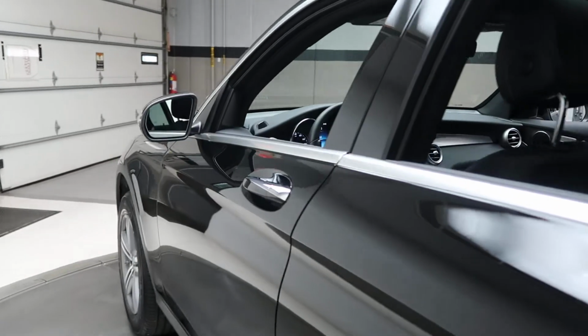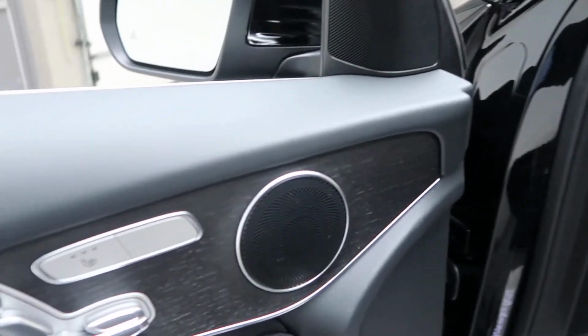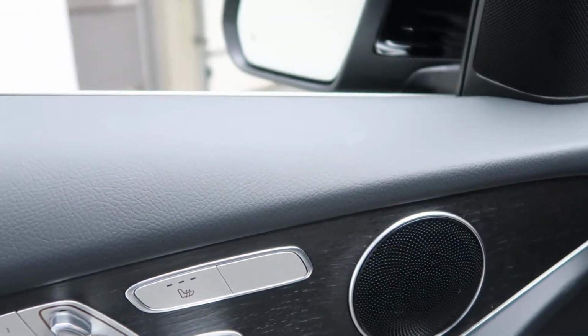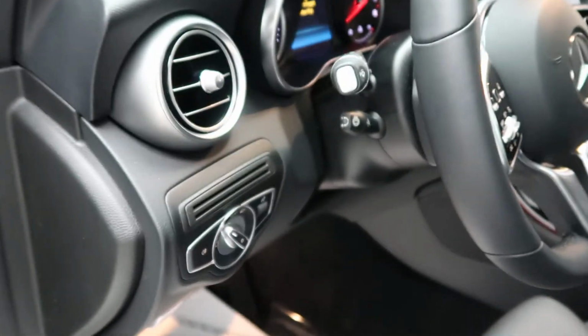Coming alongside, this one does come with the Premium 1 package, which is going to give you a blind spot assist, a nice natural grain gray oak wood trim, LED logo projectors, heated seats, memory seats, power windows, heated steering wheel,